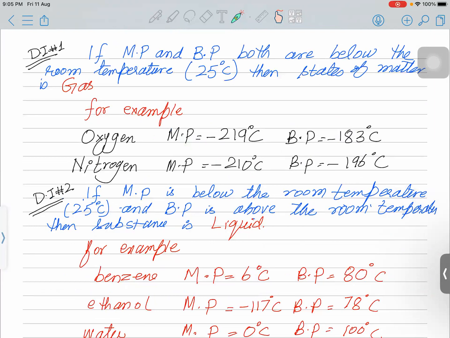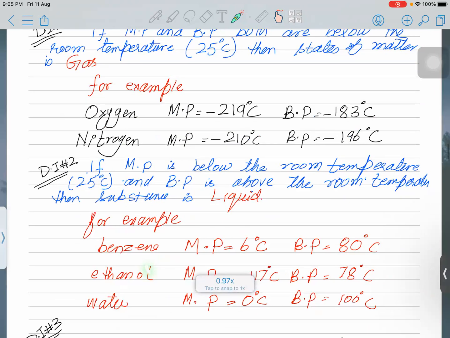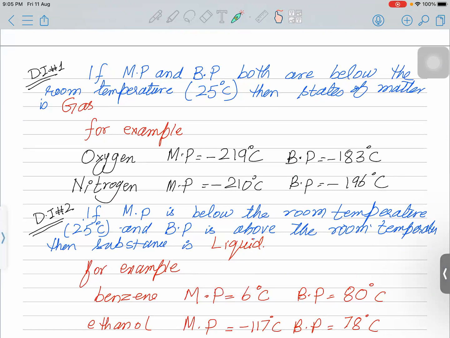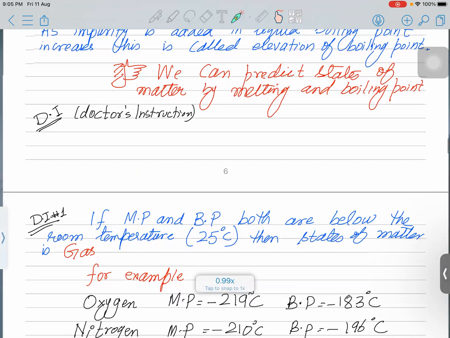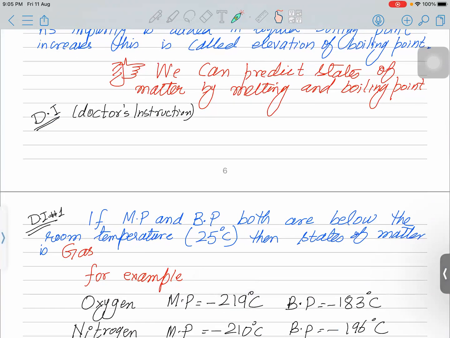Similarly, we discussed the state. We can distinguish the state of the matter by the melting point and boiling point, right? We can predict the state of matter by melting and boiling point. Can anyone tell me when melting point and boiling point both are below the room temperature, the state would be